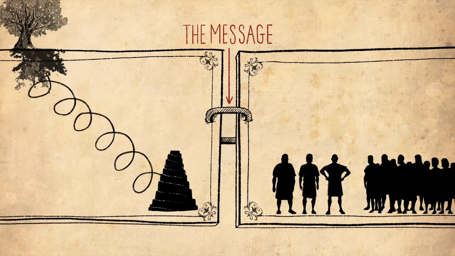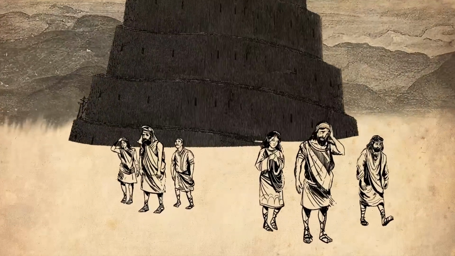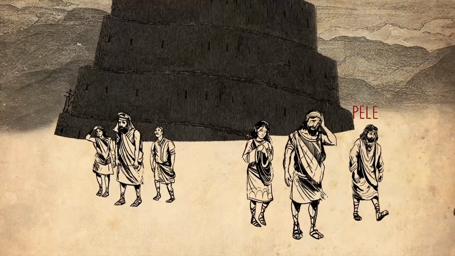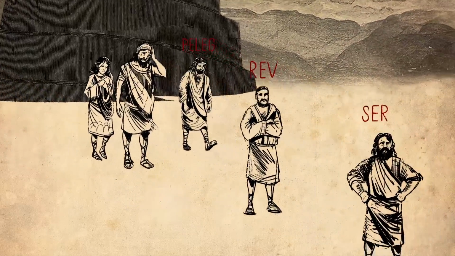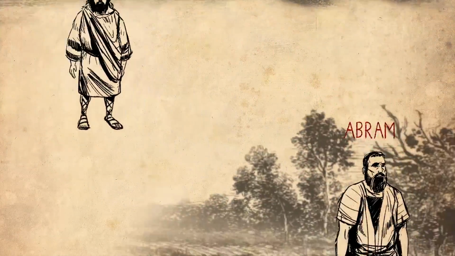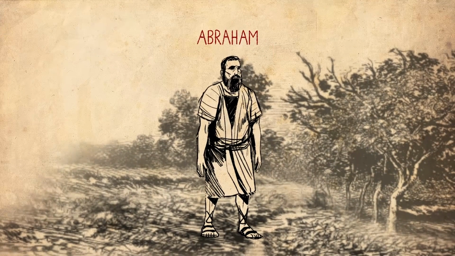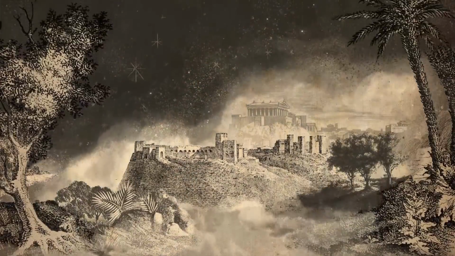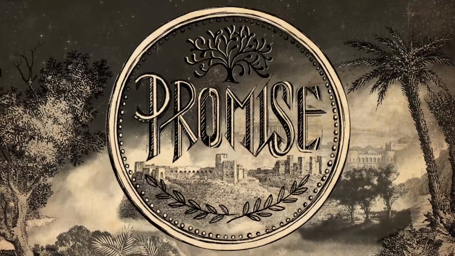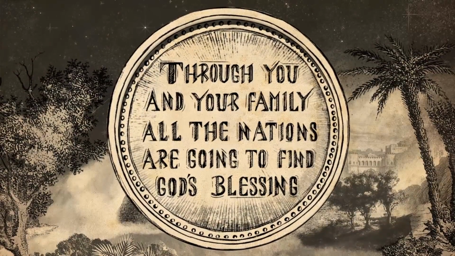So how do we get from the Tower of Babel to the story here in the middle? Well, after the scattering at Babel, there's this genealogy, and it follows one of the tribes all the way down to this one guy named Abram. You probably know him as Abraham. And God starts making all these promises to Abraham, like he's going to bless him and give him a ton of kids. And he says that through him and his family, all the nations of the earth are now going